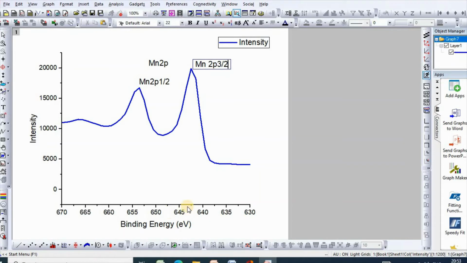Now, by changing the x-axis value, you can also plot the oxygen peak.